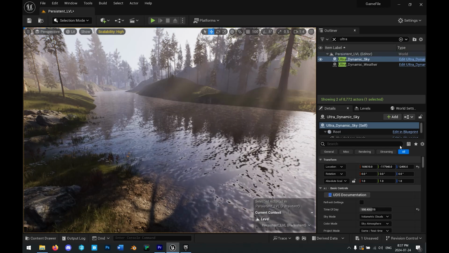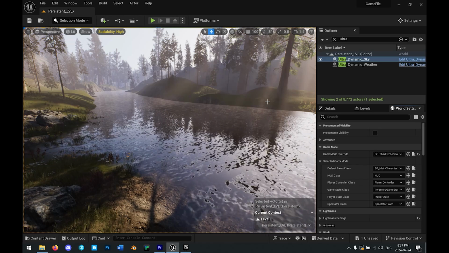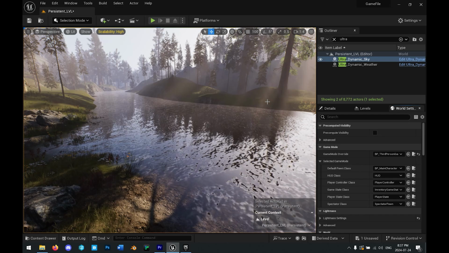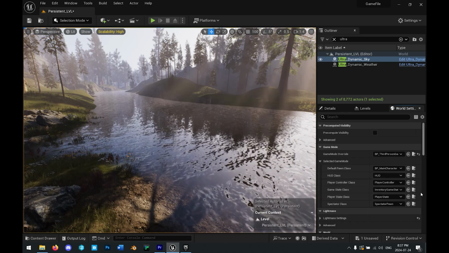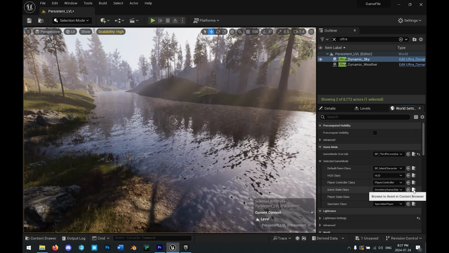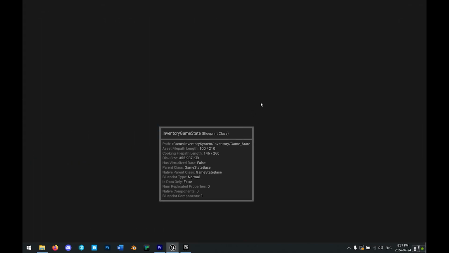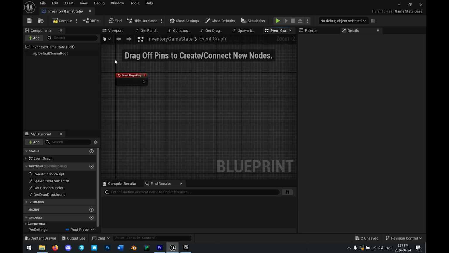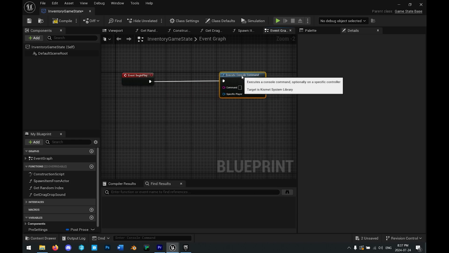And so there is a simple way to fix this, which is that you can just execute it inside of Blueprint. So if you have your level blueprint inside of your persistent level, or if you have your game instance or game state, anything that is going to run very early on as soon as you open your game and start playing, what you can do is off of begin play, we're going to search for execute console command, and this is going to allow you to run a console command variable from inside of this blueprint. And in here we will just paste our console command